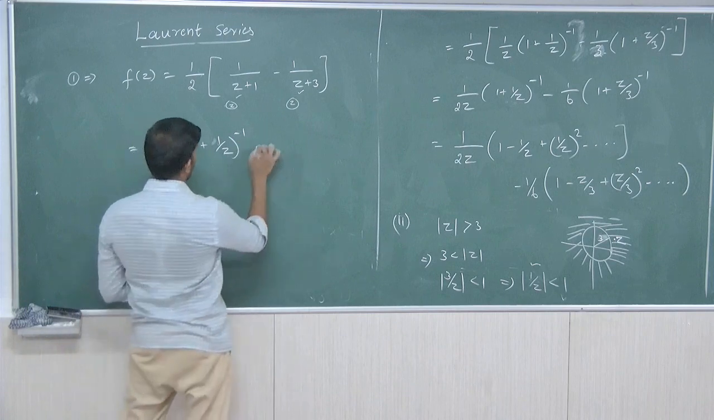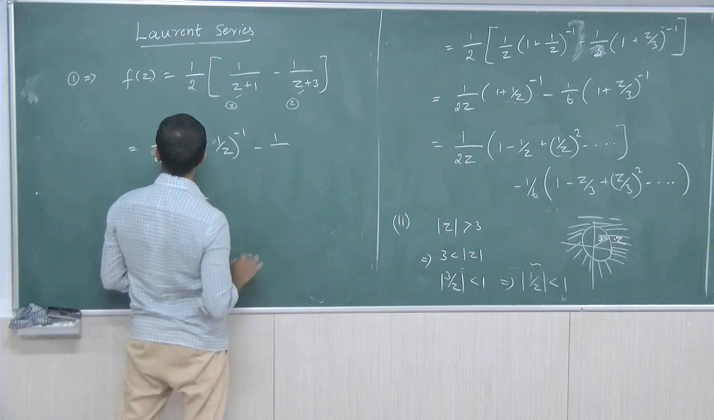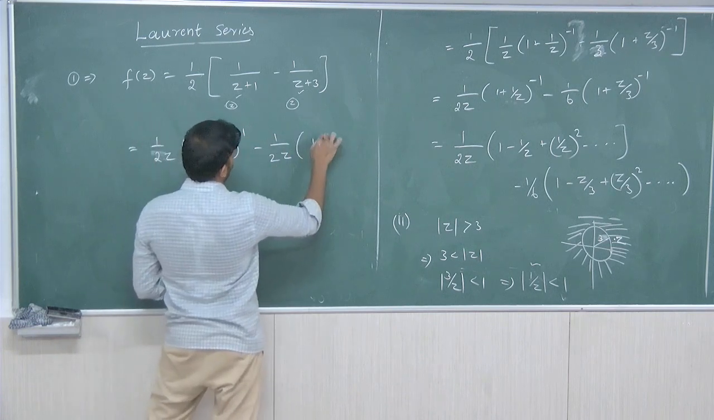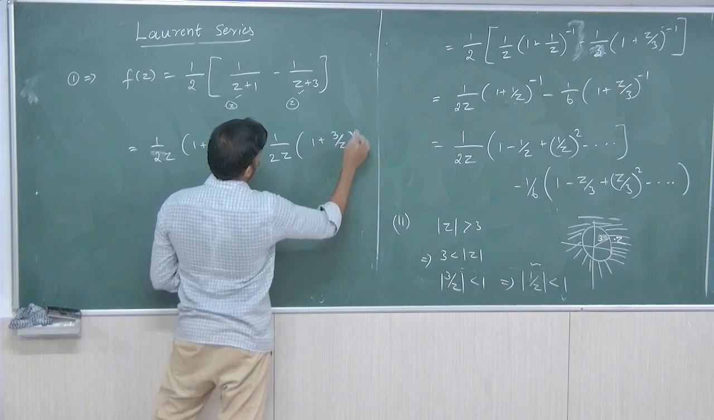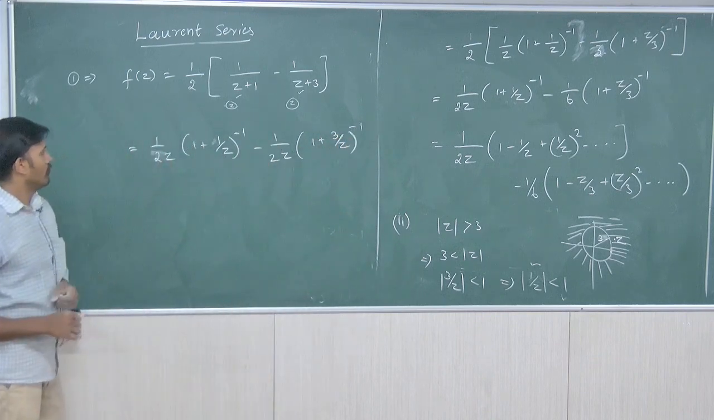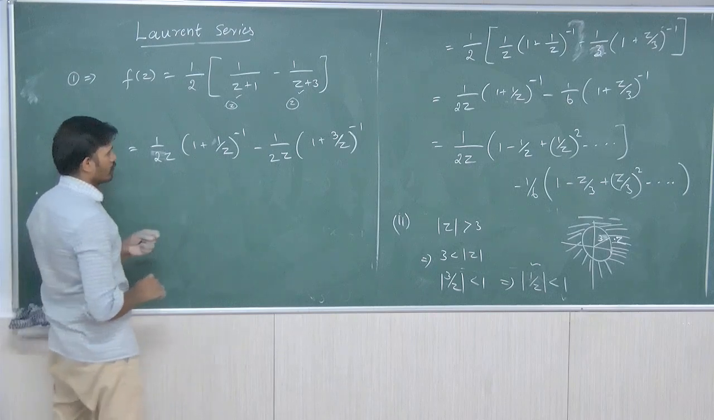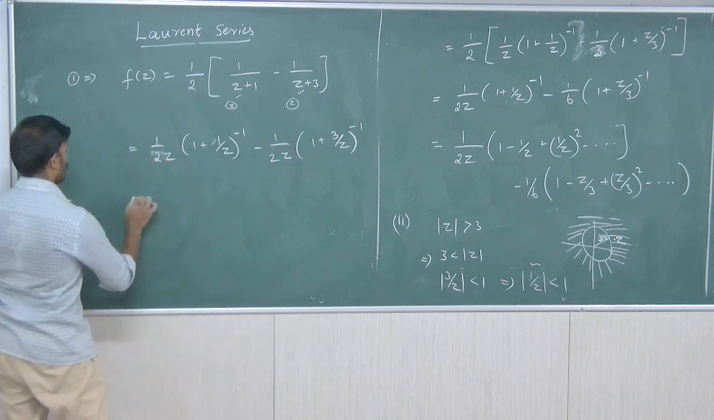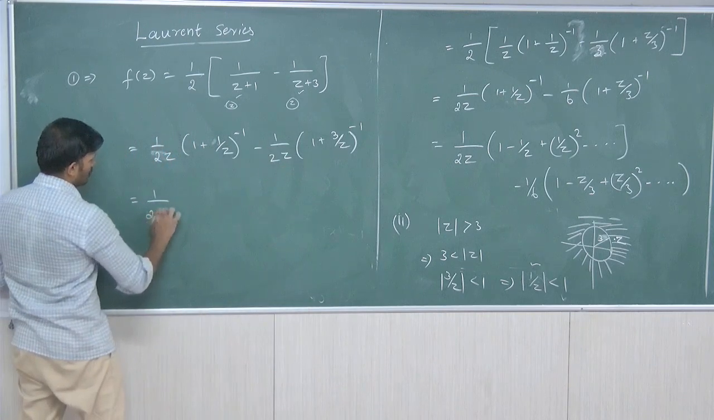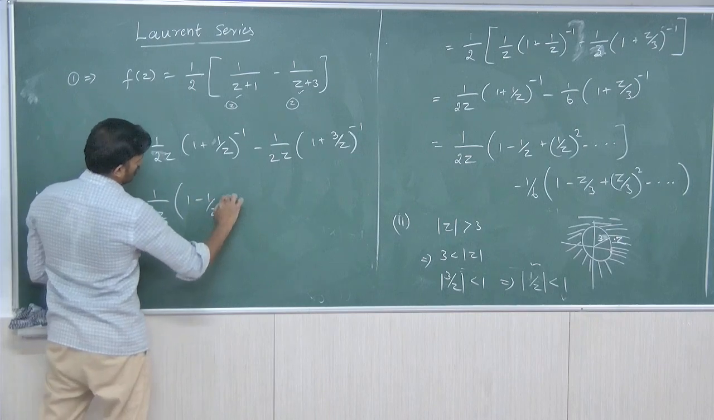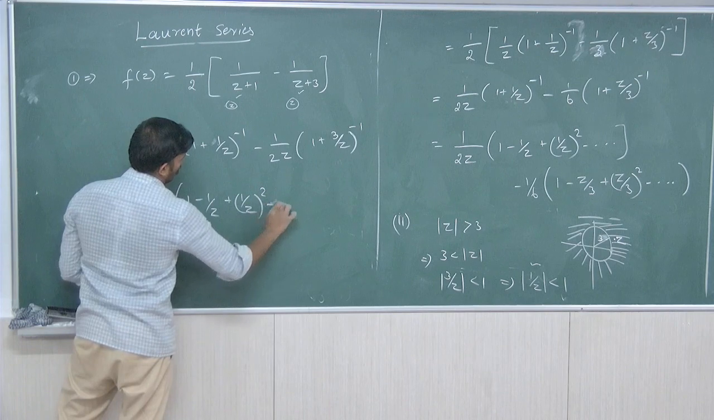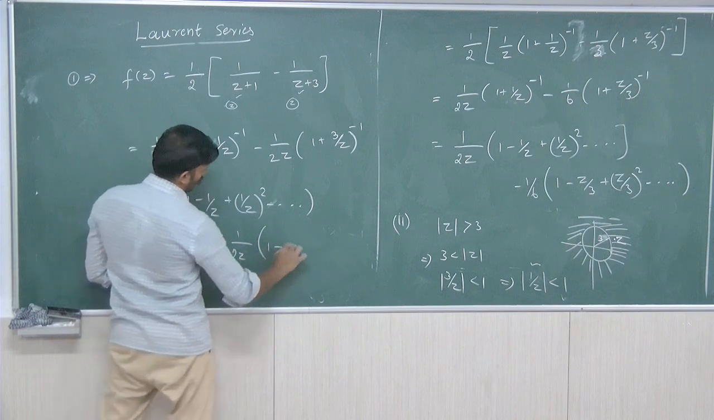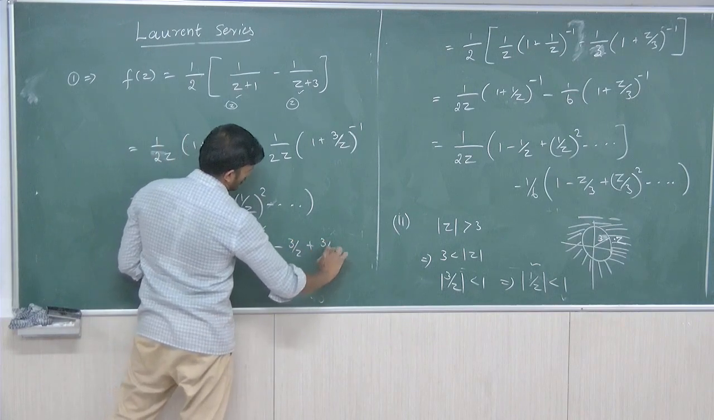The second term you may get minus 1 by 2z into (1 plus 3 by z) whole power minus 1. Now by using binomial expansion, because 1 by z and 3 by z both are less than 1, if you apply that expansion, you may get 1 minus 1 by z plus (1 by z) whole square minus and so on, minus 1 by 2z into 1 minus 3 by z plus (3 by z) whole square